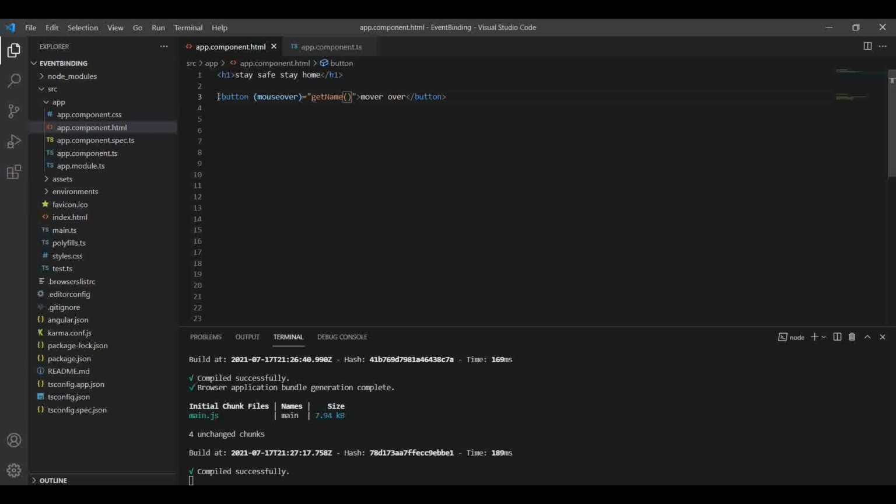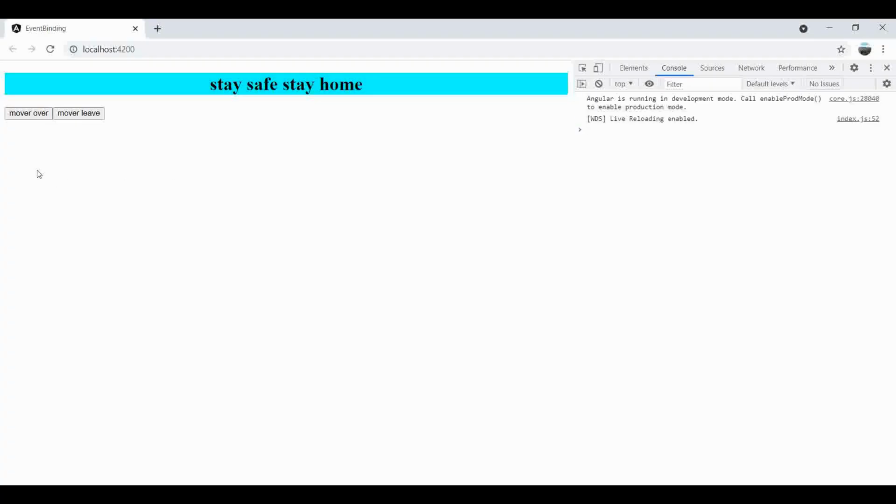And now I will show you the second example, that is mouse leave. For that I simply change it here to mouseleave, and save it. Now if I hover on this button nothing happens. When I leave from here an event is performed.